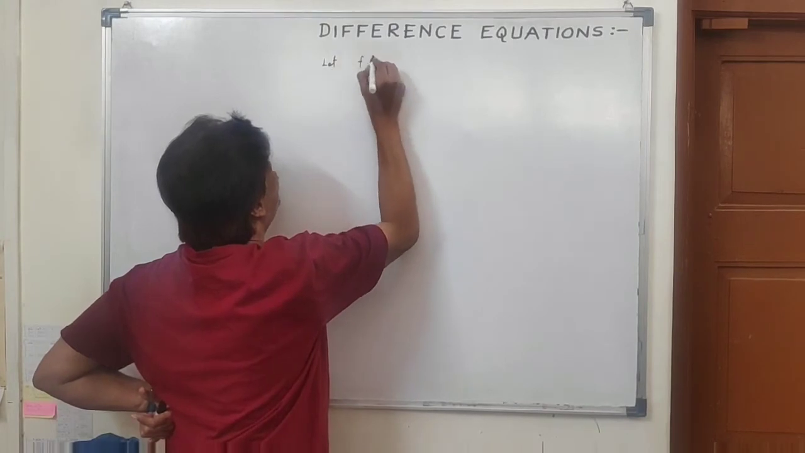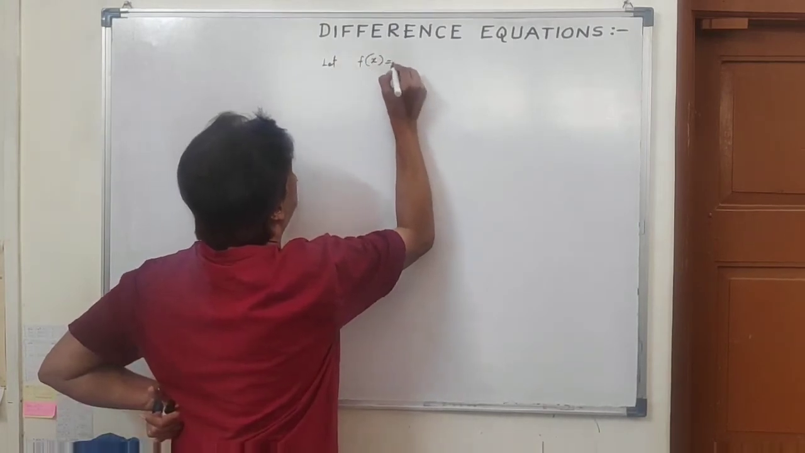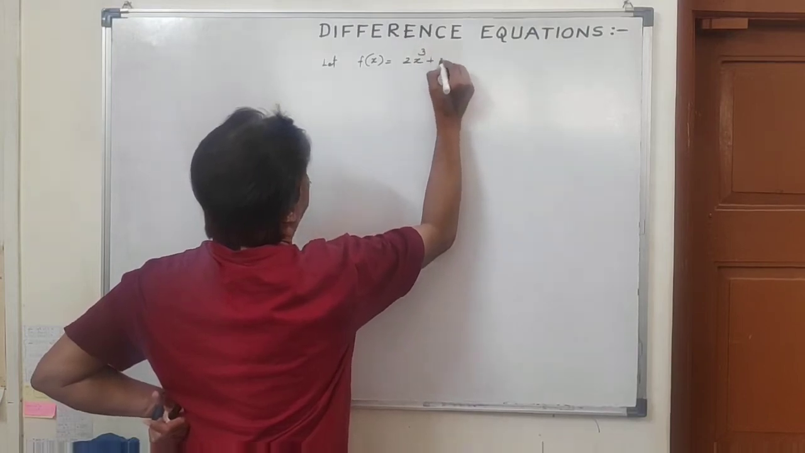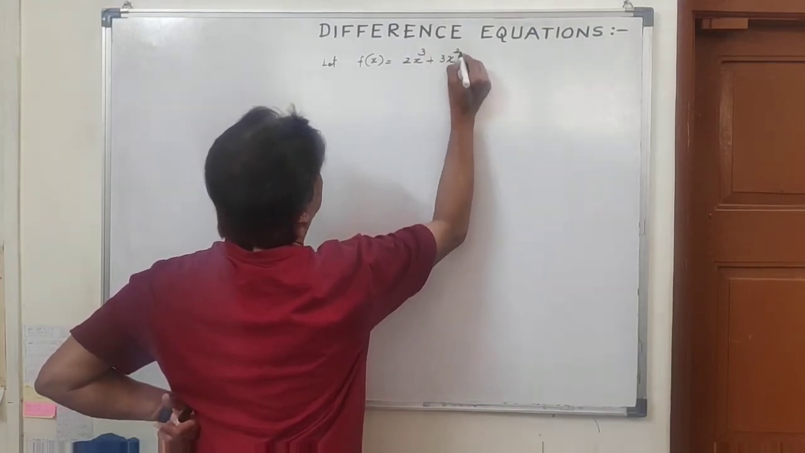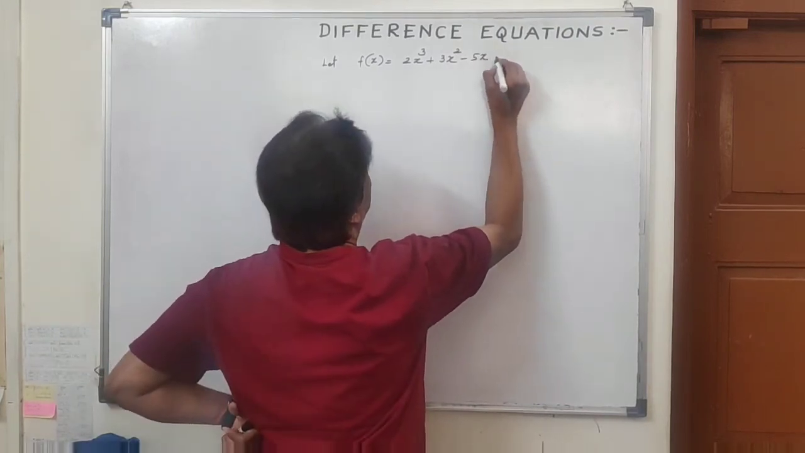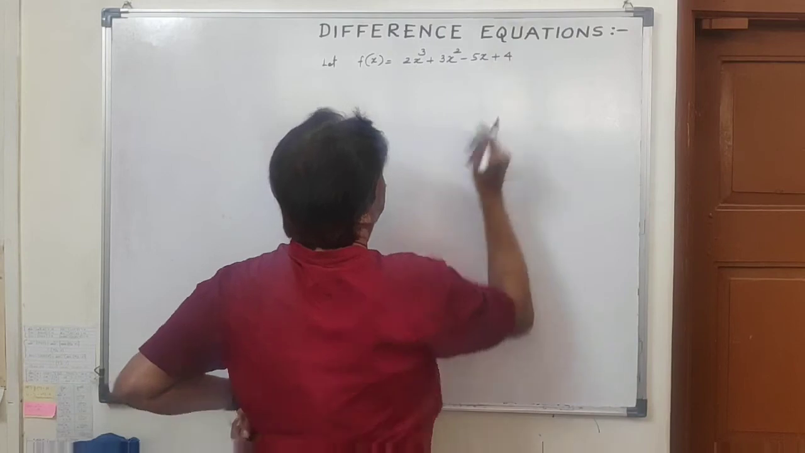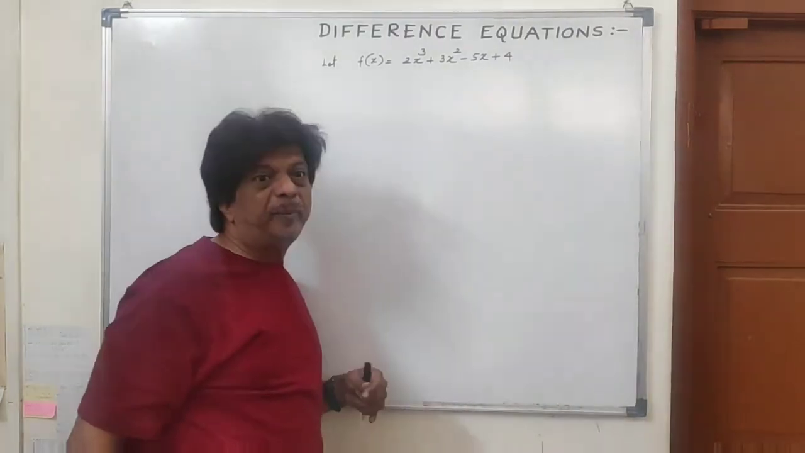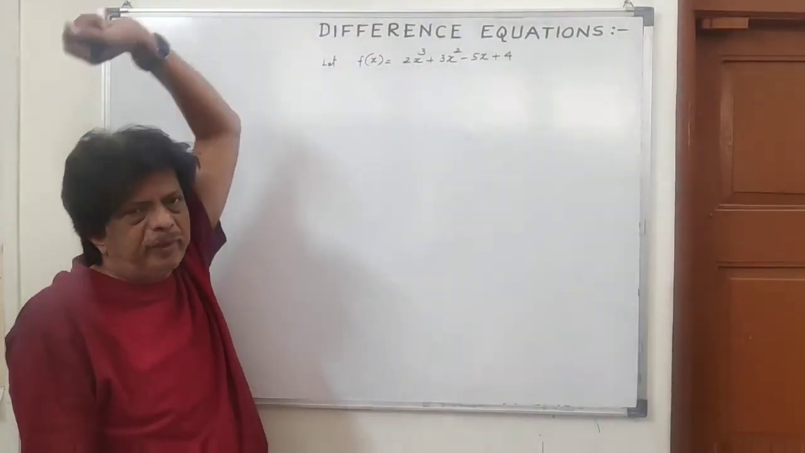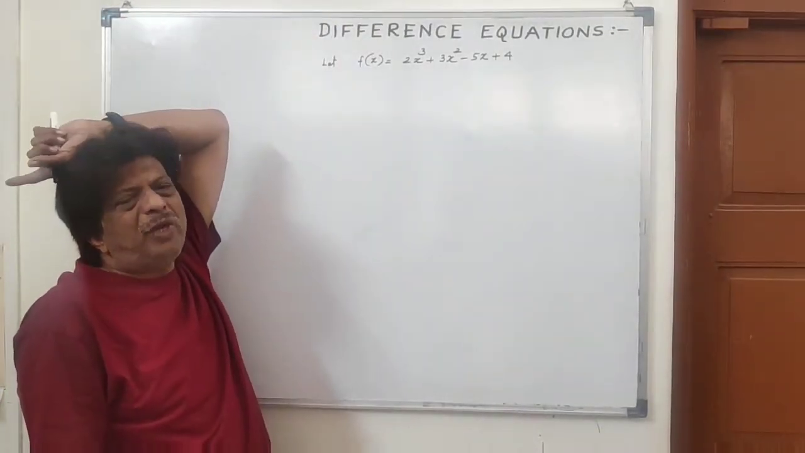Let f of x be equal to, say, 2x cube plus 3x square minus, say, 5x plus 4. This is an ordinary polynomial. We shall convert this into the factorial polynomial. How? First of all,